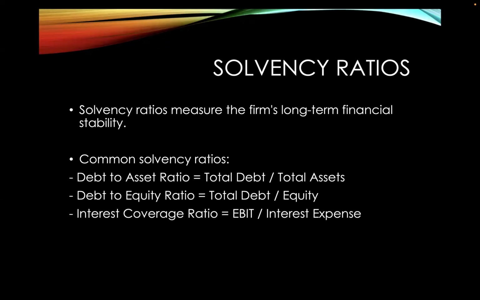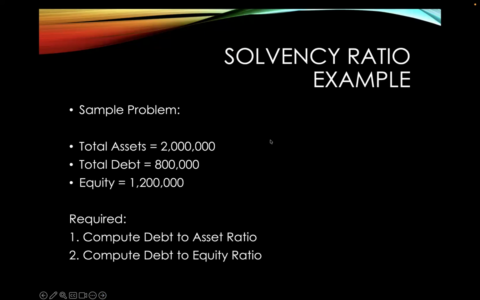Now, of course, as a creditor, we want this person to be able to pay us interest and principal. So we want them to be able to pay their amortization. Okay? So let's now look at some examples.